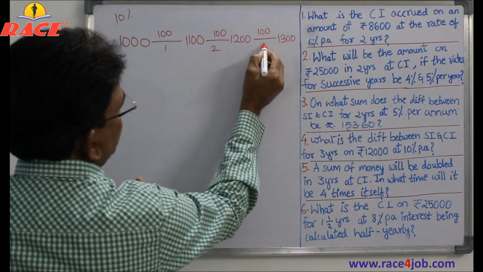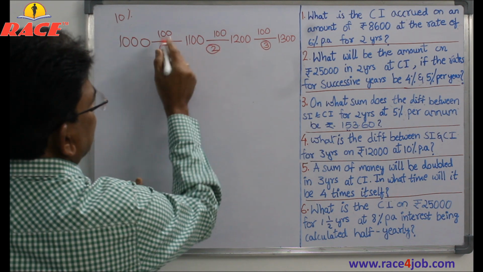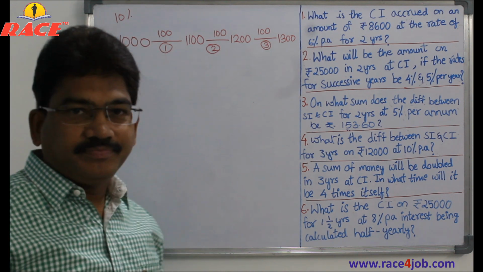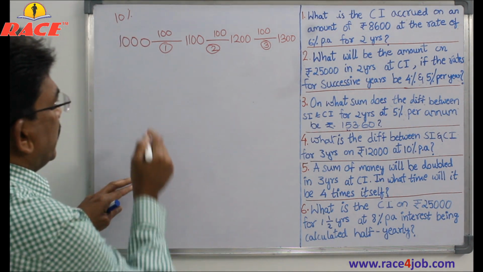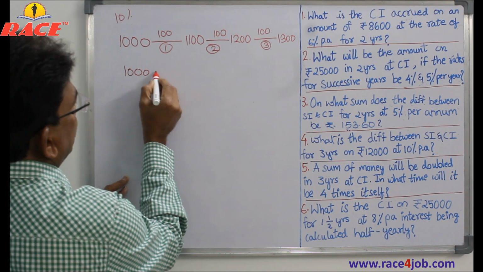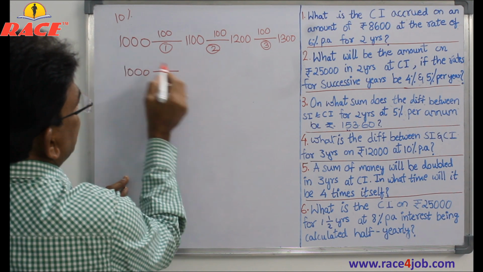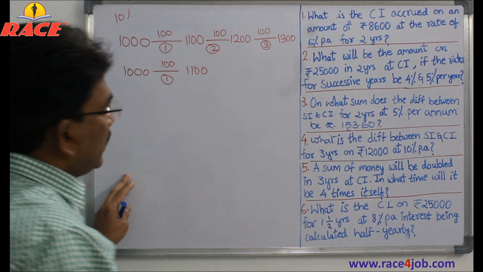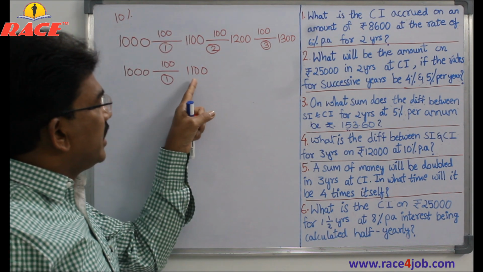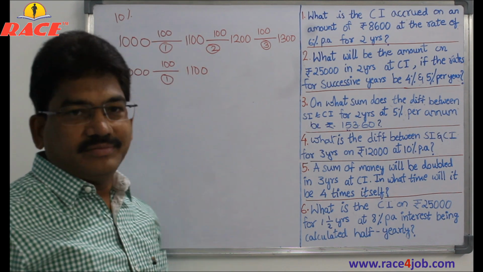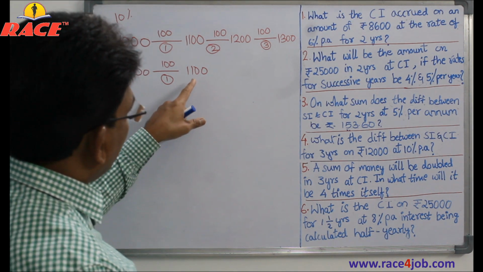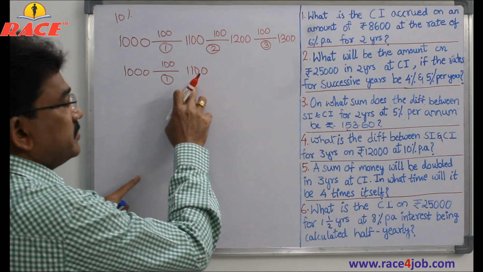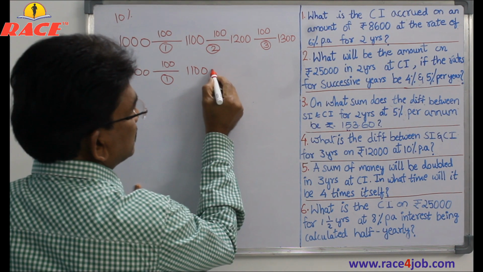So for every period, first year, second year, third year, our interest is the same because we calculated interest on principal. If it is compound interest, what happens? Say 1000 is the principal. After 1 year, at 10% rate, we get 100 rupees interest, that becomes 1100. And the second year, this 1100 will become the principal. So this is actually amount after 1 year, but this is principal now for the second year. We consider this as principal and calculate interest for the second year.